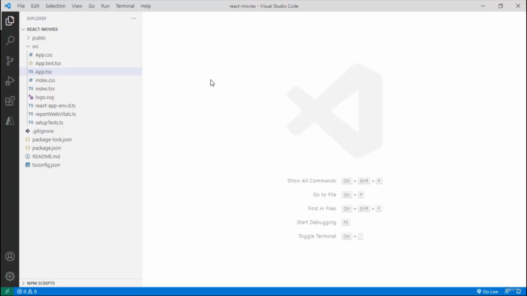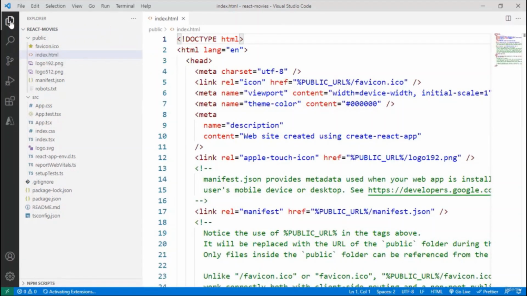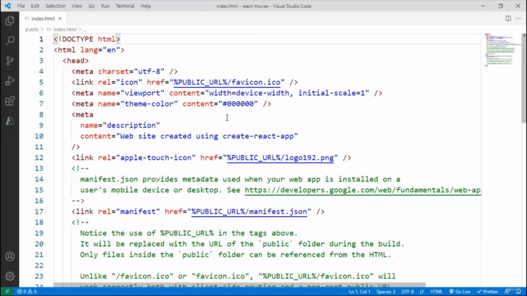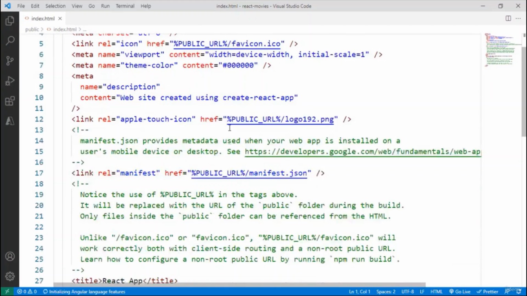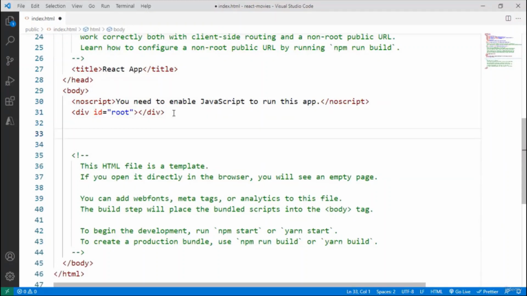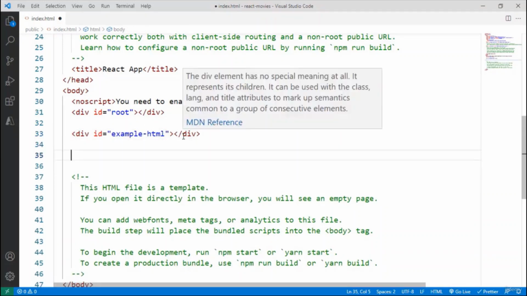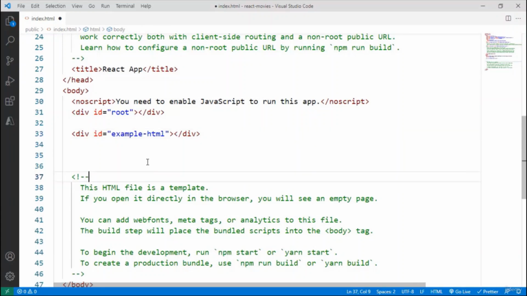1 second. For that, I want you to go to the public folder and let's go to index.html, and in here, and let me minimize this, I want to come down here and do the following. Below this div, I want to say div id example HTML. What I am going to do here is that I will replace this div with a clock that will get